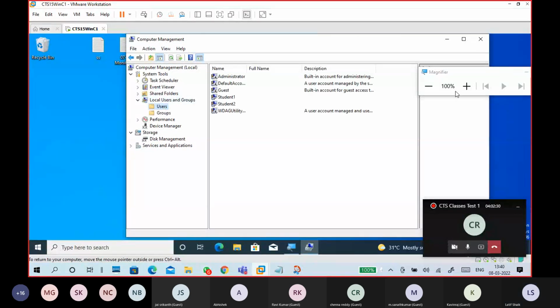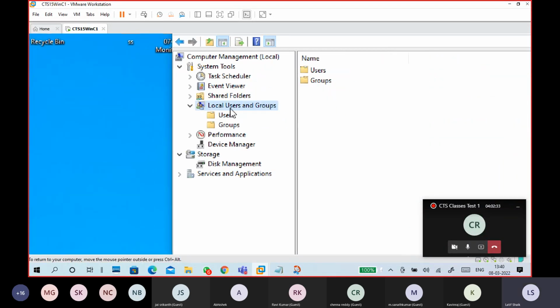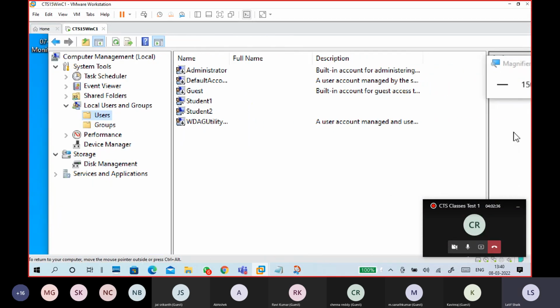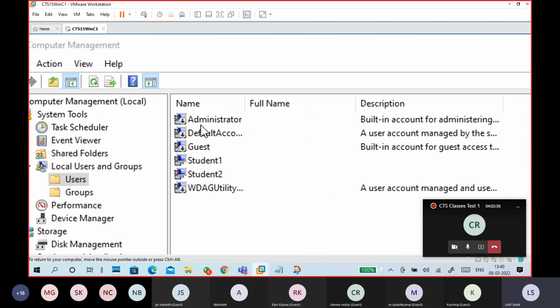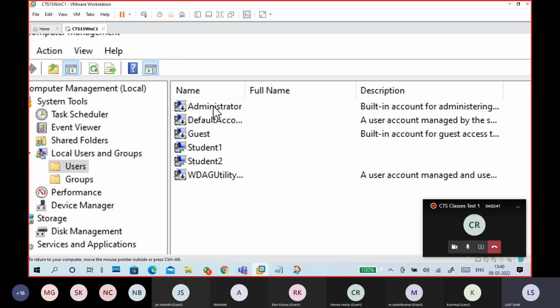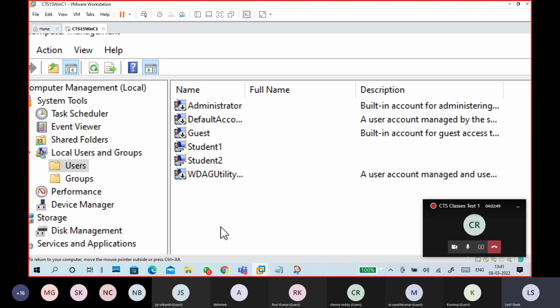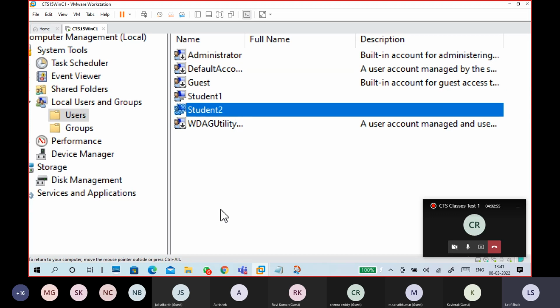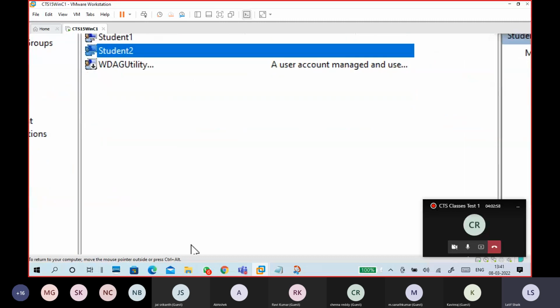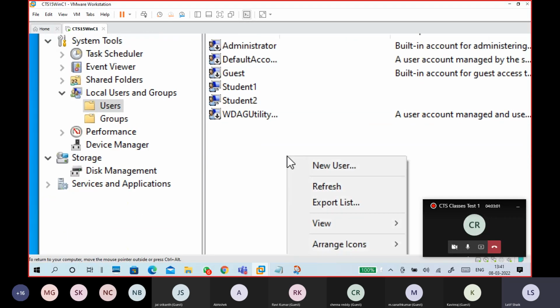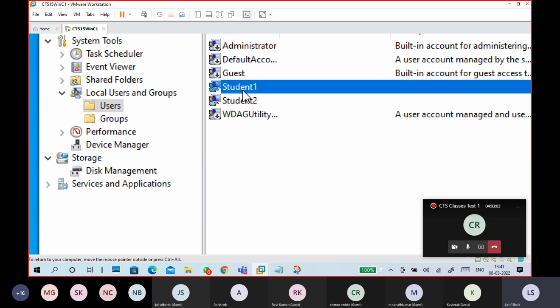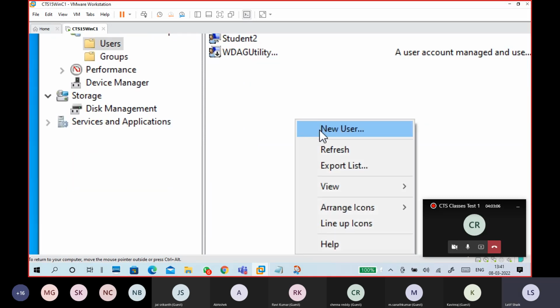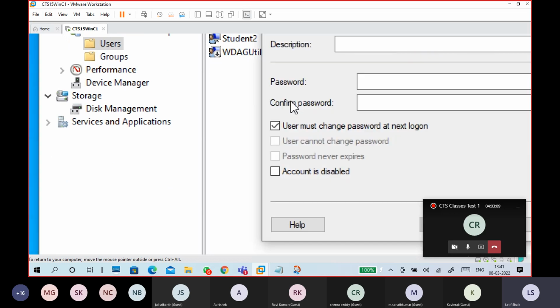Expand users. Look, this is local users and groups. Click on users. You can see the default administrator is disabled. The down arrow mark is the disabled mark. Even the guest is also disabled. This user one, already created, is the administrator. This is the one I created now. If you want to create another user, you can also create it here. In the empty space, right click,